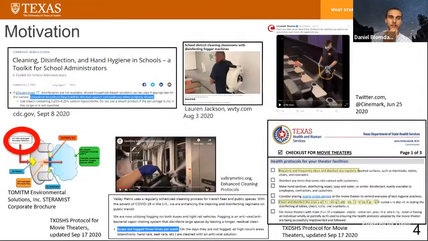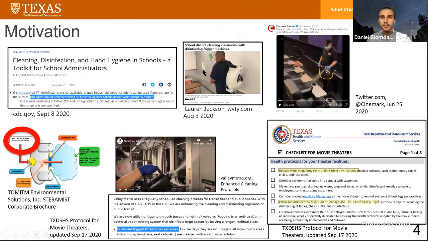Due to the pandemic, there's been an increase in the number of disinfection events, especially in indoor spaces. That's mainly to prevent the spread of COVID-19 by disinfecting surfaces. I'll give a few examples. The first example is in schools. There are these fogger machines, as you can see pictured in the three pictures here. They basically use some kind of disinfectant spray and make a bunch of small droplets that fall onto surfaces and then disinfect the surfaces.